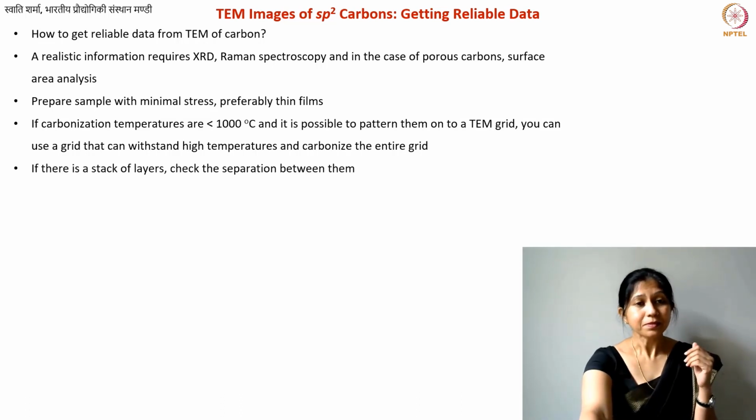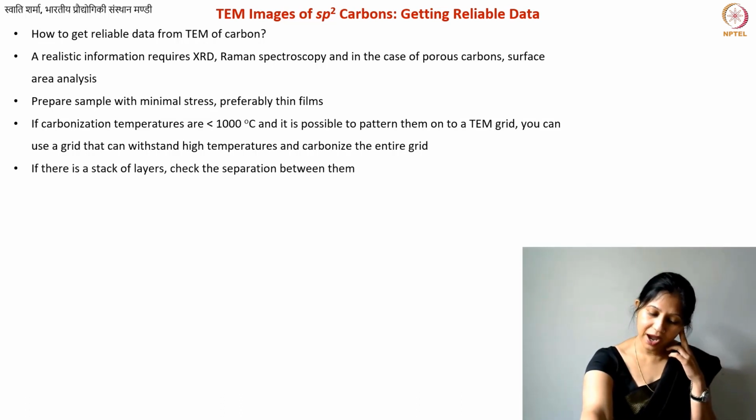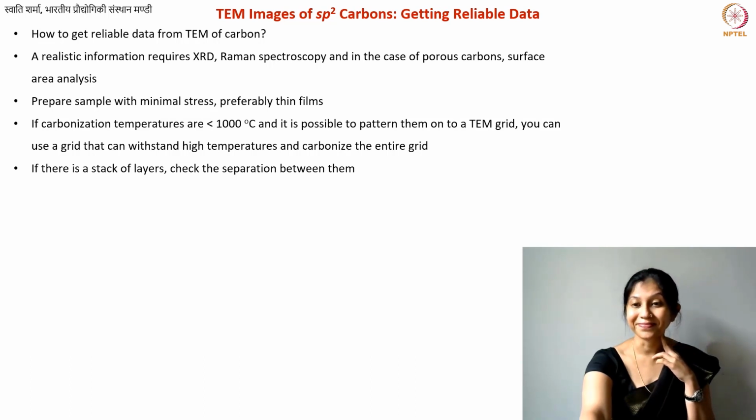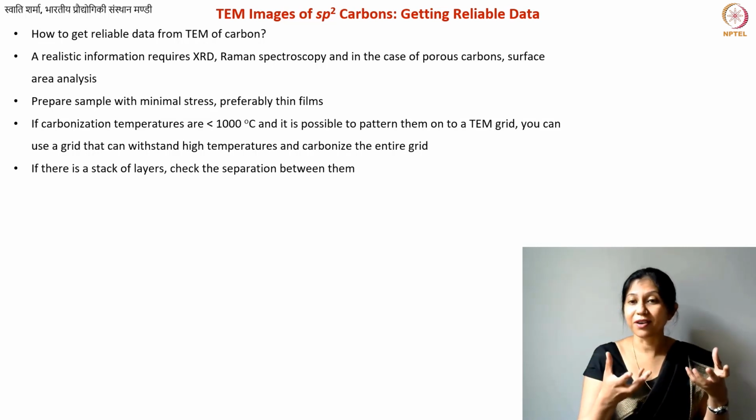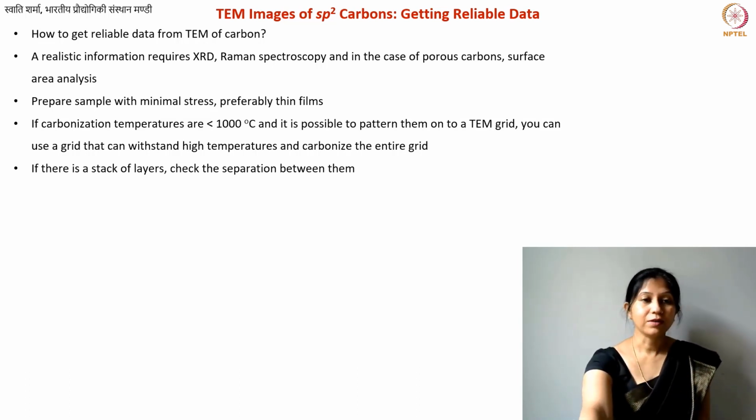Okay, so this is something you can do. Also, by the way, if you have hydrocarbon pyrolysis, so if you are making graphene, graphene is often made on copper catalysts. So if you can take a copper grid and already grow your graphene sheets on top of it, then you can analyze it, and that also helps you in sample preparation. Maybe you can use some of these things.